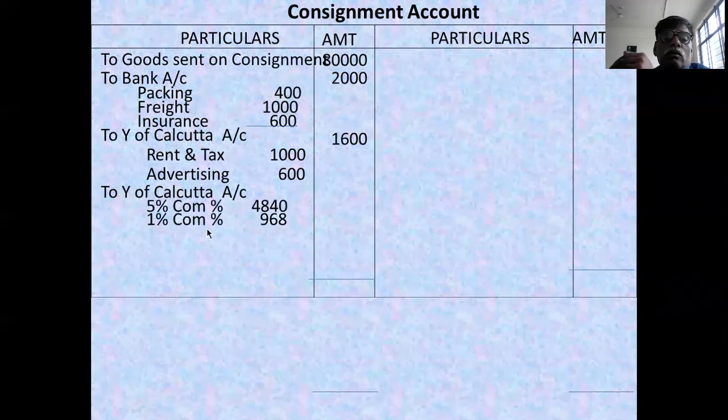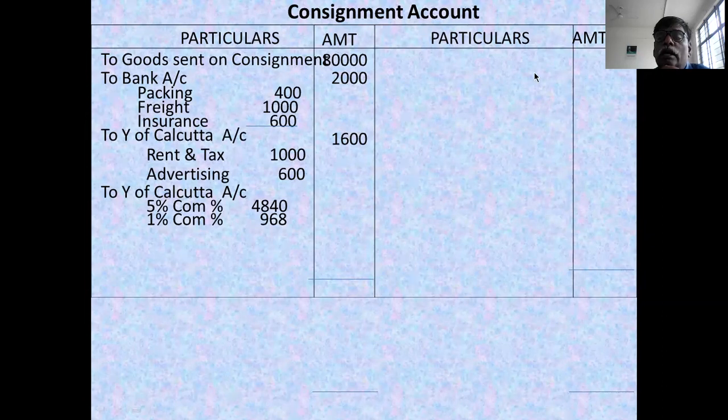5% commission, 1% commission. I recorded it here, but you write it after the credit side entry. You write these 2 after recording the credit side entry. It is not possible to enter it directly. I have calculated and written it. You write it after writing the credit side sale item. Remember properly. Okay, 1, 2, 3, 4 completed. Then fifth item is